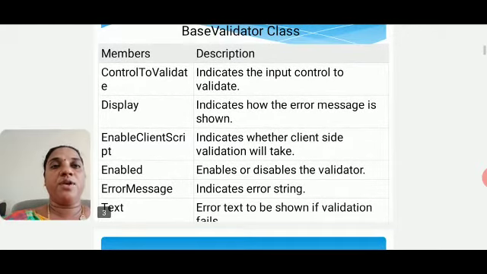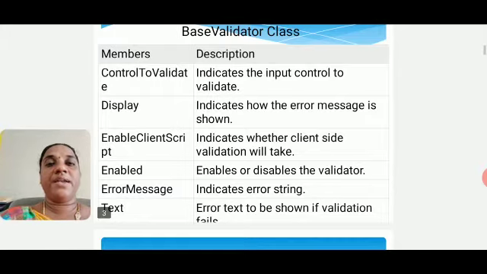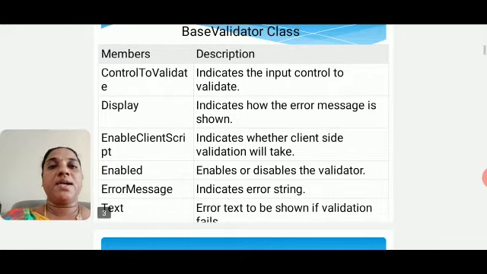We have ControlToValidate, which specifies the name of the control which we are going to validate. Display, which will specify whether we need to display the error message or not. EnableClientScript will specify whether to enable the validation at the client side or not. Then Enabled, which will say whether the control should be enabled or disabled.